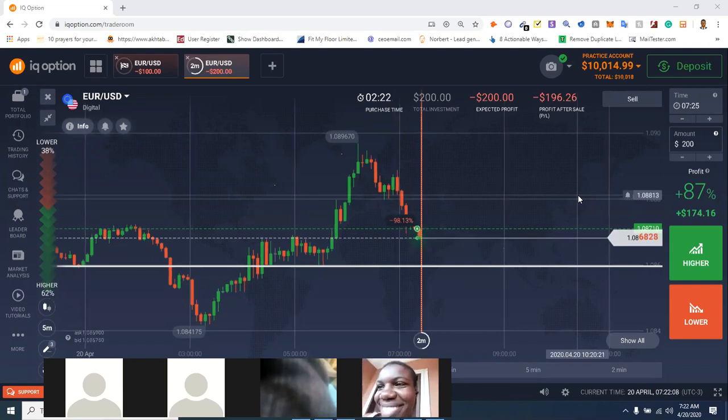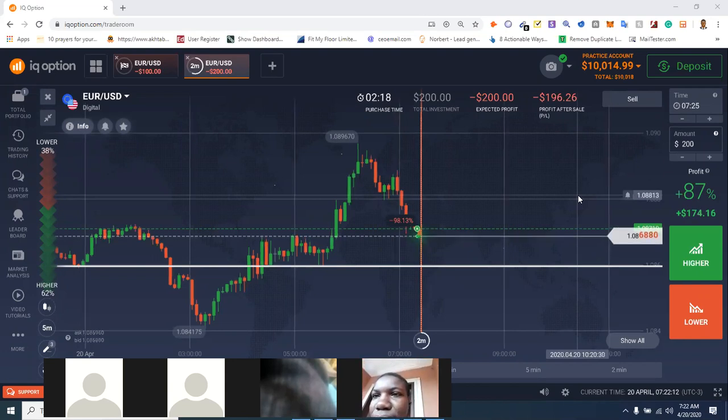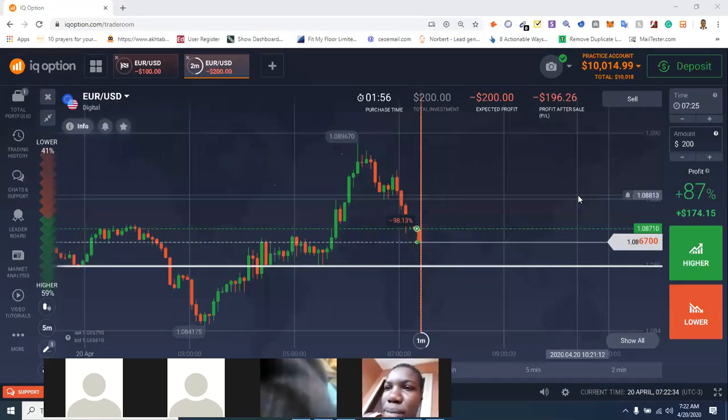But if you are using good risk management, you'll be able to control that emotion. But if you are over leveraging your account, boss, I'm telling you, the fear will be there. The fear will grip you because you think, if I lose these 3 martingales, my account is going to go red. From 30, it's going to go to 10. Oh God, Jesus Christ. You will be scared, sincerely speaking.